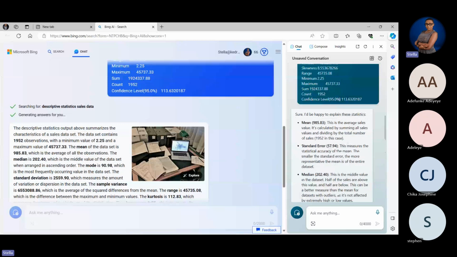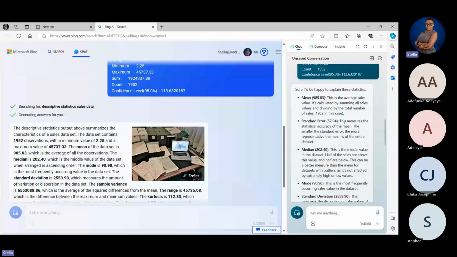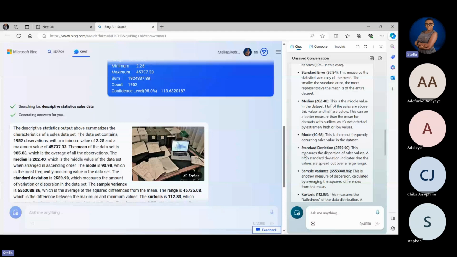So it's also telling you how it's calculated by summing all sales values and dividing. Standard error measures the statistical accuracy of the mean. The smaller the standard error, the more representative the mean is of the entire data set. I've explained how you will get it, right? The difference between the sample and the population mean. So the smaller, the better, right? Because the smaller the error, the better, because it shows that not much difference or gap between the real population mean and the sample. Median,